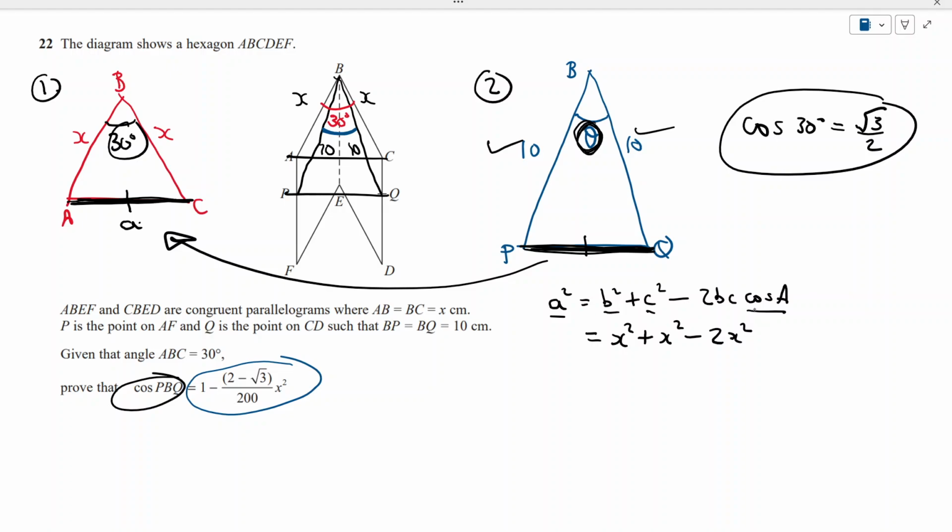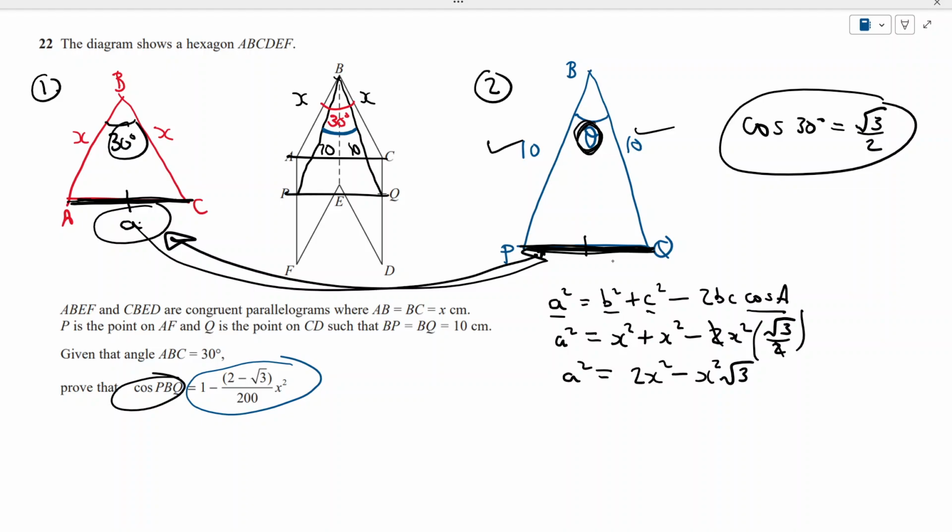Okay, so the cosine of 30 I'm going to now put in as root 3 over 2. Take it a step back and looking at that. So we've just found an expression which we're now going to simplify. Well, 2 divided by 2 is going to cancel. So therefore, simplify this further, collecting like terms, we've got 2x squared minus x squared lots of root 3. So this is a squared, okay? Not a, but a squared. Well, it doesn't matter because we're going to use that a, in fact a squared, and use it for PQ